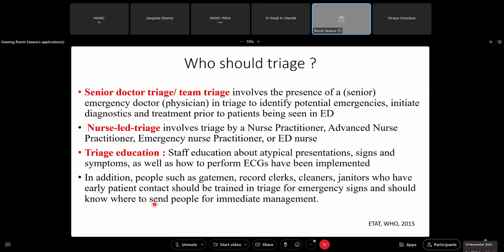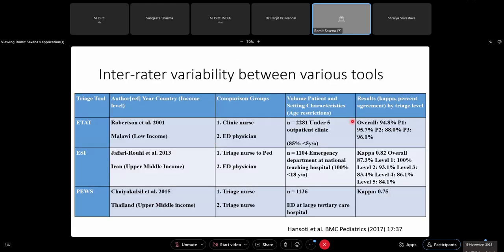Going on, so who can triage, who can assess the vital signs? Does it need only the senior most professor to do it? Anybody can do it. Whether it is a nurse or an ED physician, a senior nurse and a senior doctor with their experience can have a similar degree of identification. A junior doctor with adequate training can identify the danger signs and emergency signs in the emergency as much as a senior professor would. So what is required is good training, open eyes, inspection, palpation, percussion, and a systematic approach.